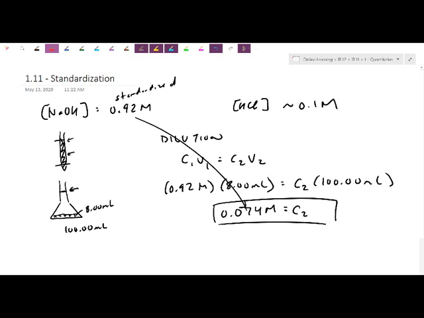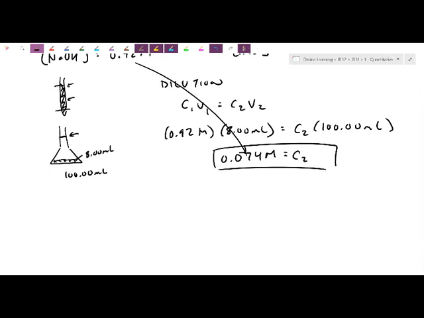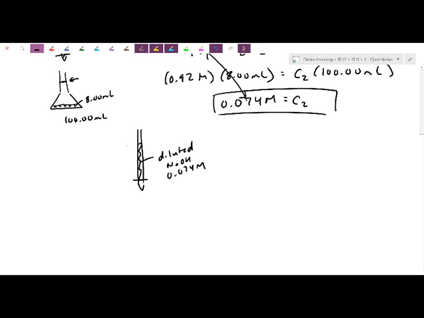Alright, so I'm going to just draw you a picture of that latter part here. What I did is I took the diluted NaOH, I filled in a fresh burette. So this burette here was just diluted NaOH with a concentration 0.074 like we just calculated. Here's the starting reading, V initial, here's the ending reading, V final. Again, ultimately what we want is the difference in volume,